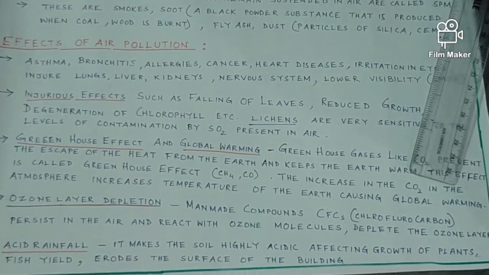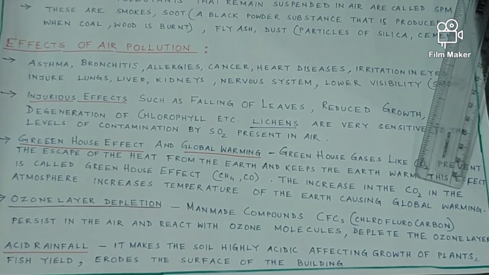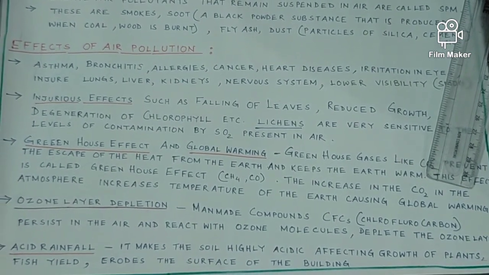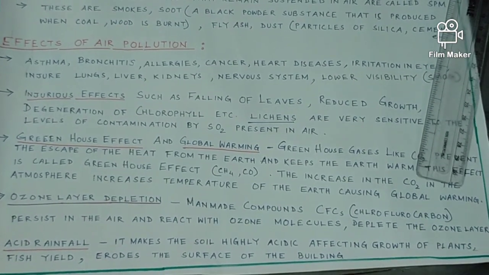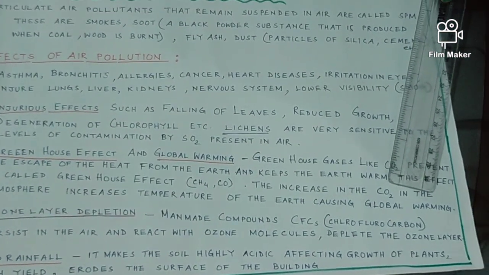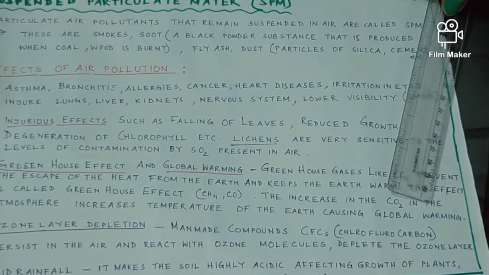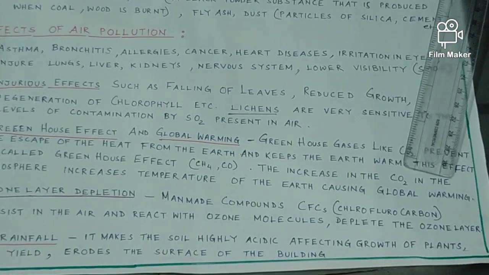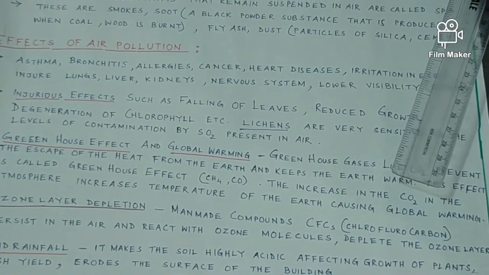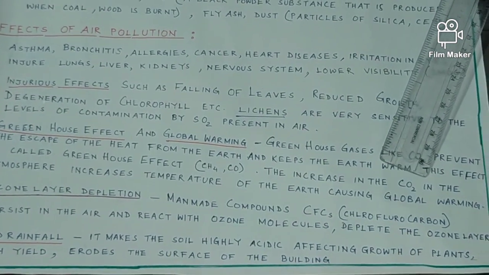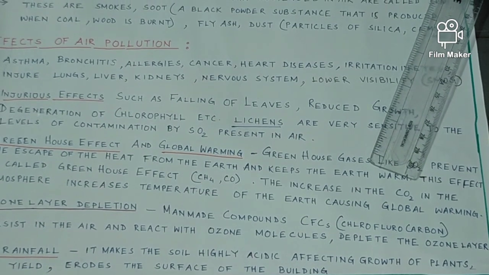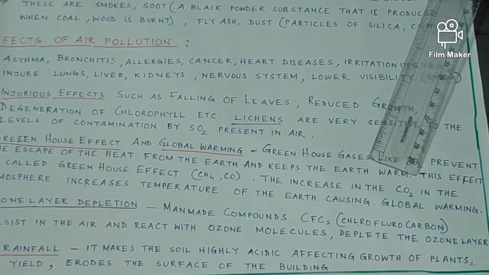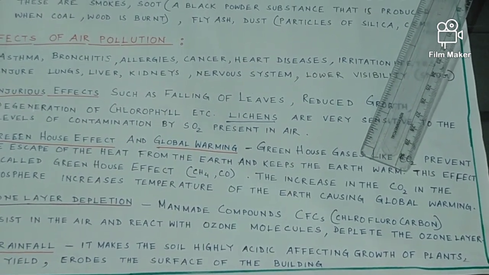Now this carbon dioxide is getting increased in the air due to many activities. For example, we are cutting the trees, deforestation, or various industries also release carbon dioxide. So that is the reason carbon dioxide is added into the air and global warming is happening, and due to global warming temperature is rising in the earth and ice is getting melted.